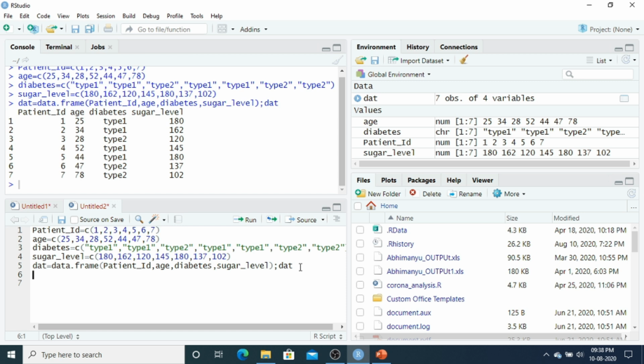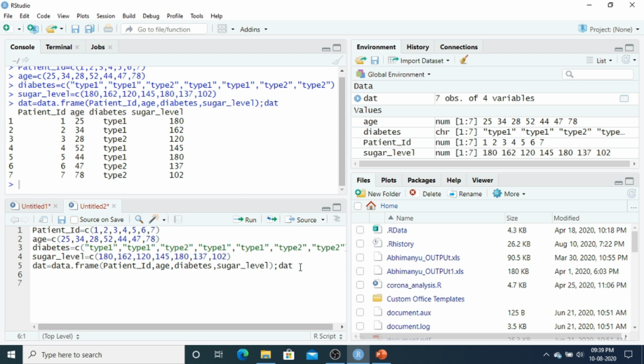But here the problem is, you may get frustrated entering data using the combine function, typing one by one.